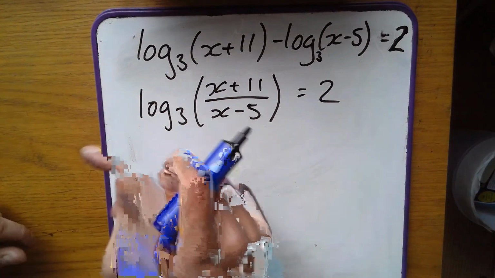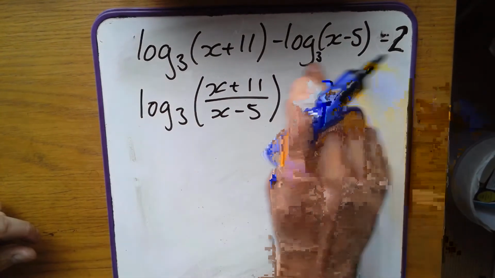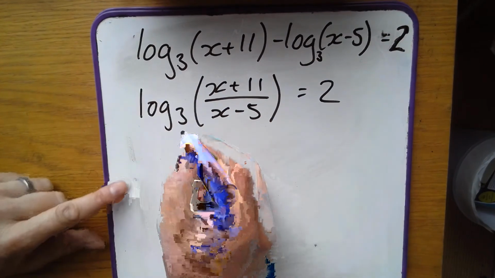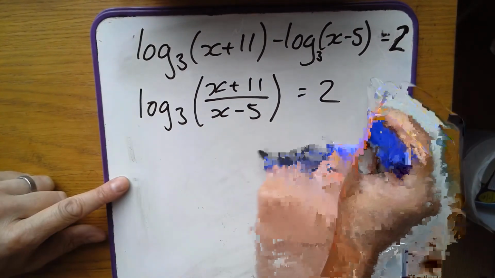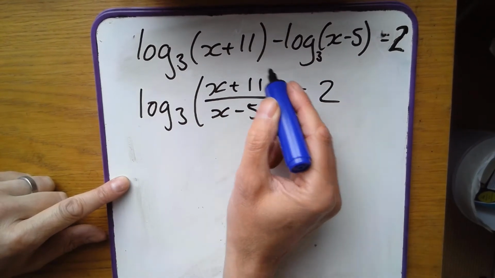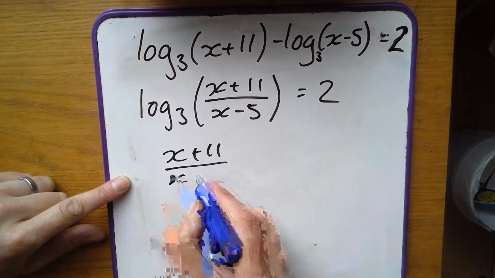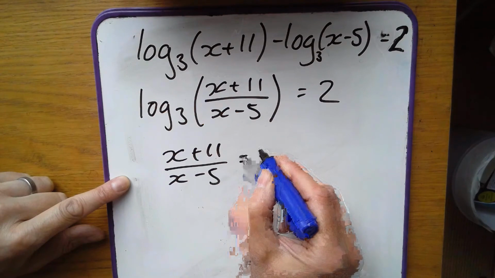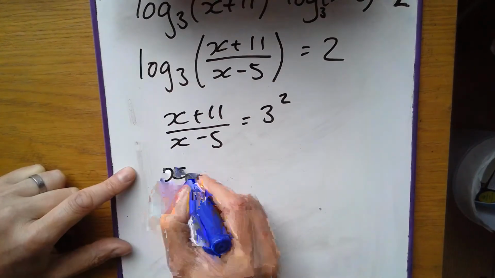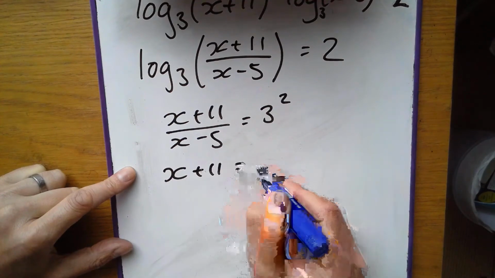So I can now unlog it or turn it into index form. So 3 to the power of 2 equals that. I'll write it that way around. 3 to the power of 2. So I've got x plus 11 equals